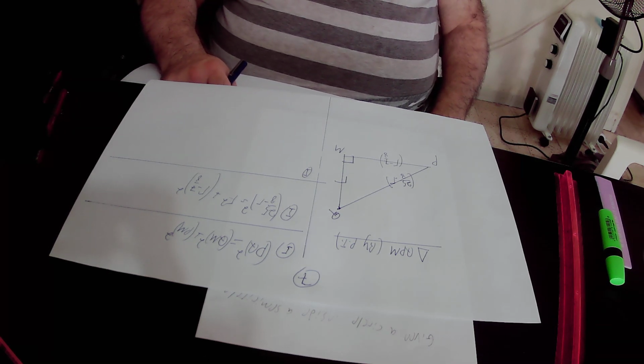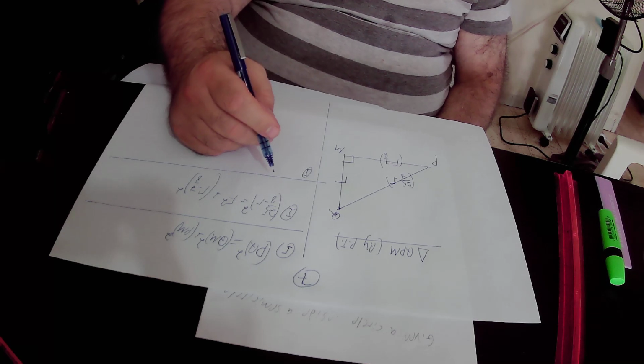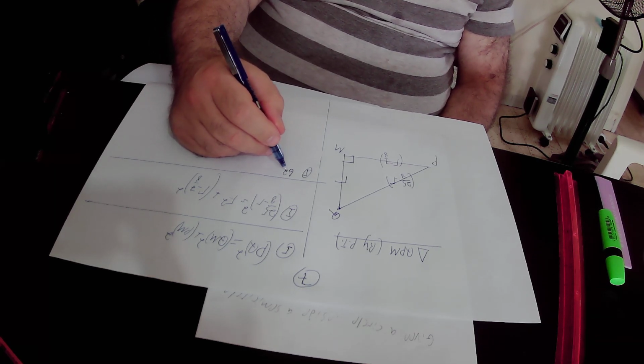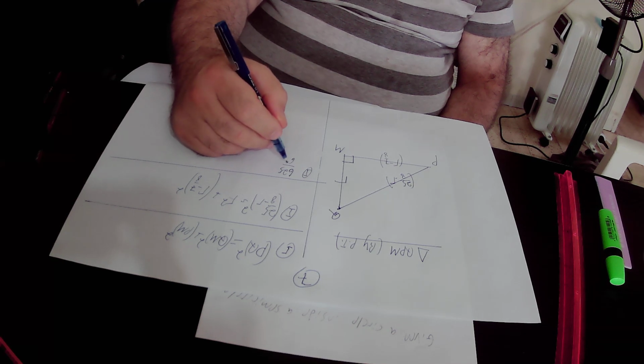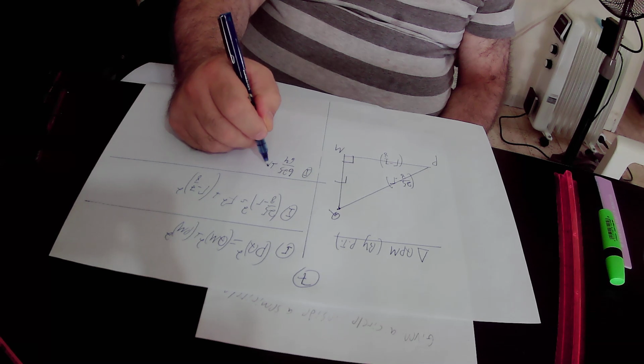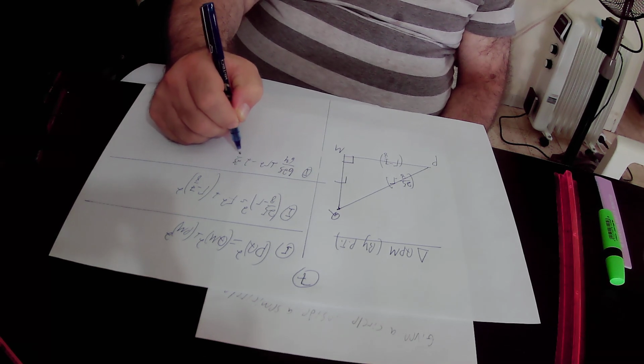So here (25 over 8 minus r) square will be equal to (25 over 8) square, that is 25 square is 625, over 8 square is 64, plus r square minus 2 times 25 over 8 times r,